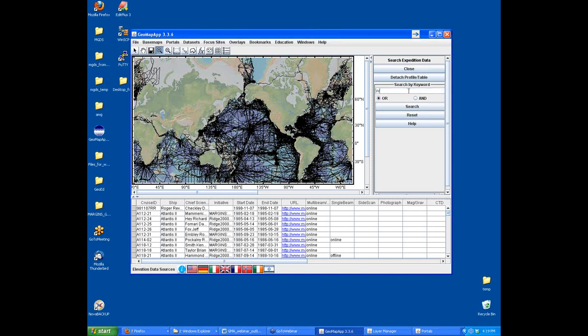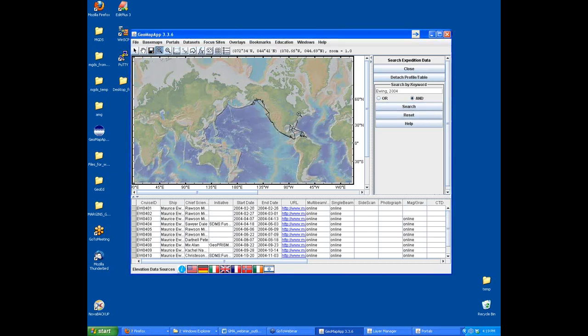Ewing cruises. So we'll type Ewing as a comma-separated list, and we'll look for data collected on board Ewing in 2004, and we'll hit the AND operator. And then we hit search, and the tracks are no longer displayed except for the ones that satisfy the search